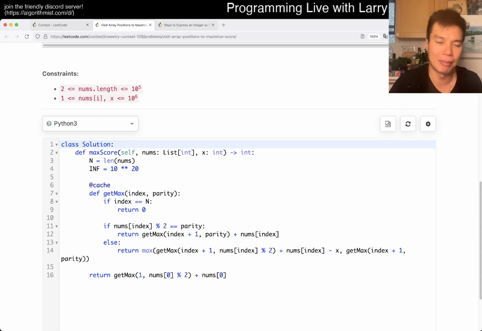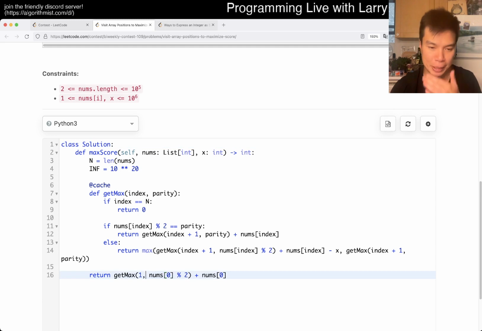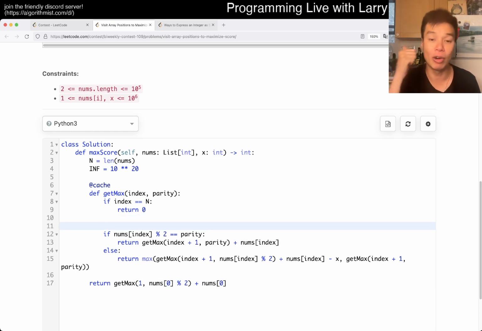Basically this is my dynamic programming, my memoization solution. We start out, we're forced to take nums of 0. So here we get the parity for it, and we get the score from it, and we start at index 1 afterwards. And then basically the idea behind every number is, do we tick or do we not tick, right? And then you ask yourself, what states do things end up at if you take the number and if you don't take the number? So okay, if the parity is the same,